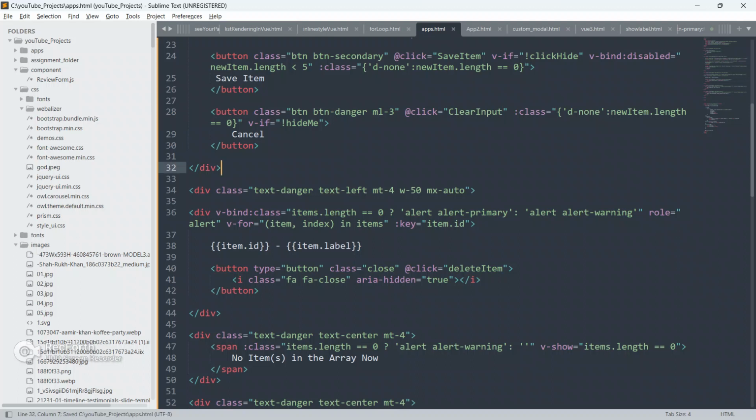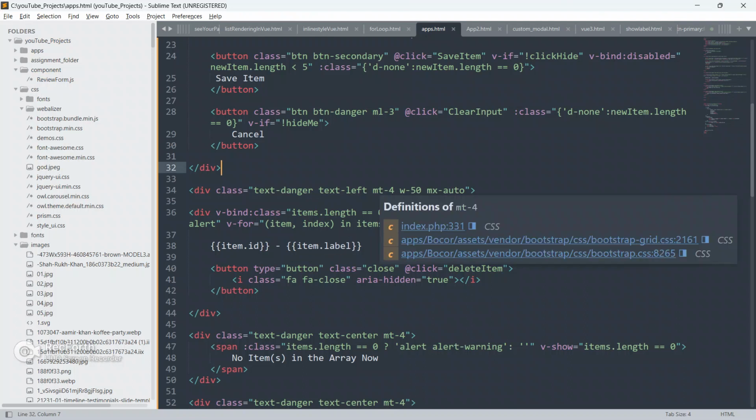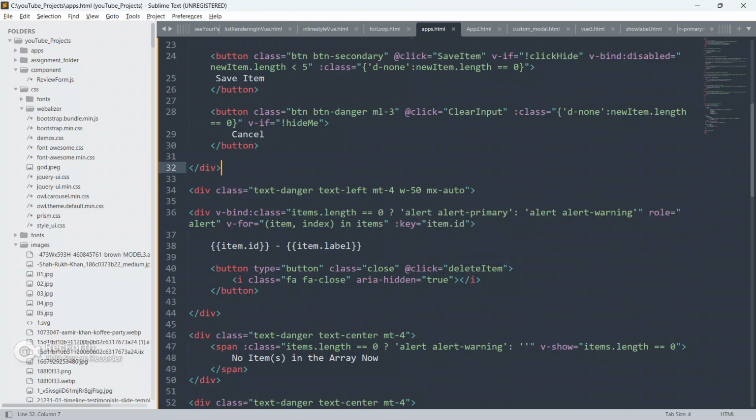So now save your code, go to the browser and refresh your page. Yeah, it's working fine.